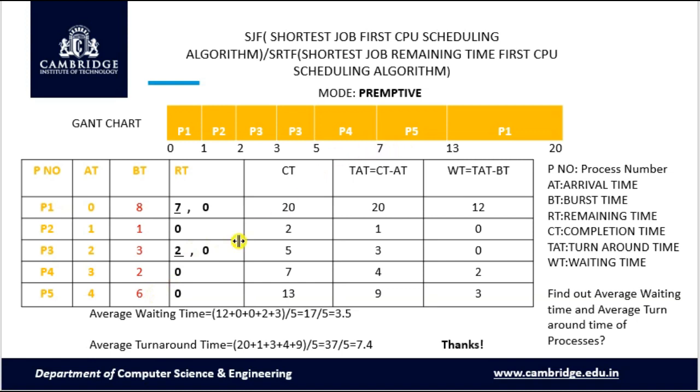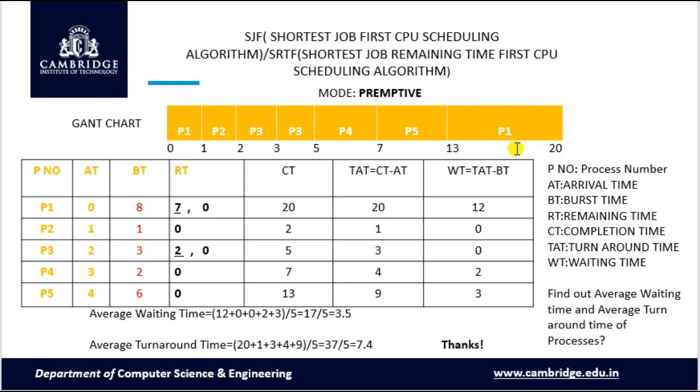That means 7 plus 6 is how much? 7 plus 6, the burst time of P5. 7 is basically P4 which is completed. That means 7 plus 6 is 13. Right? So finally, which process is remaining? Only P1 is remaining, which needs to be completed with remaining time of 7. That means 13 plus 7. 7 is the remaining time of P1. 13 plus 7 is 20. This is how all processes got scheduled in the Gantt chart.